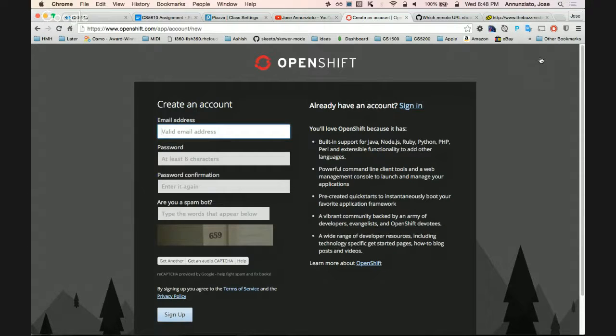But whenever you push to your OpenShift Git, I'm going to ask you to please also push to your GitHub, because GitHub will allow me to keep track of what you're doing. The OpenShift Git won't allow me to keep track of you. So one is for grading, the other one is for development.